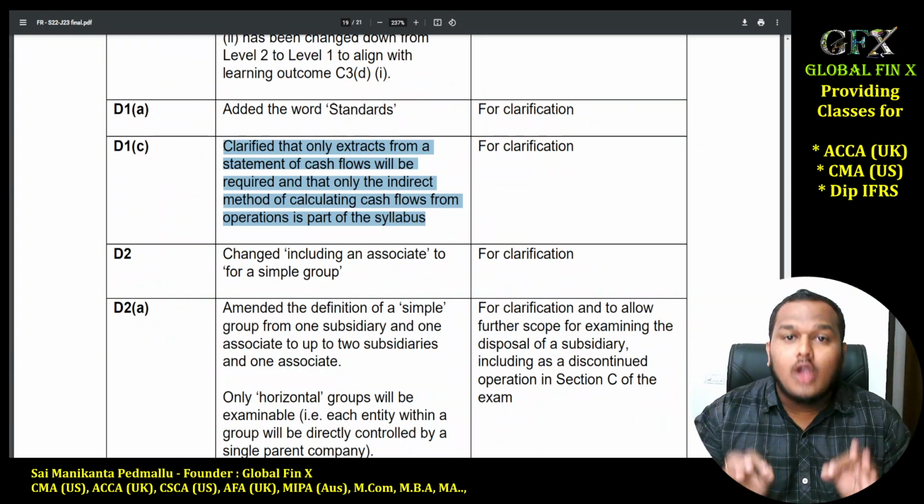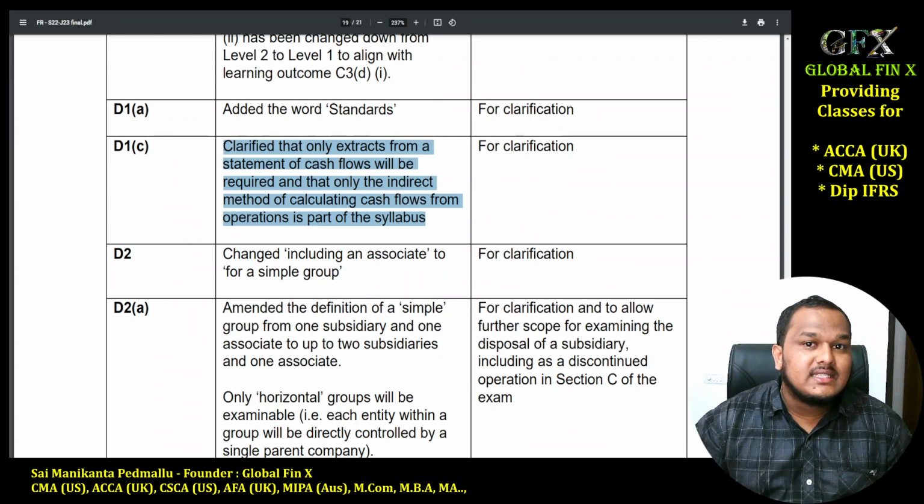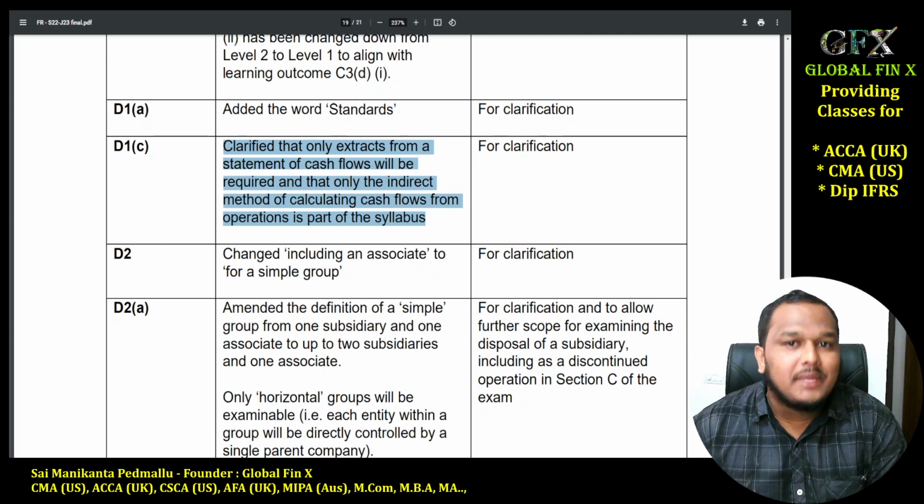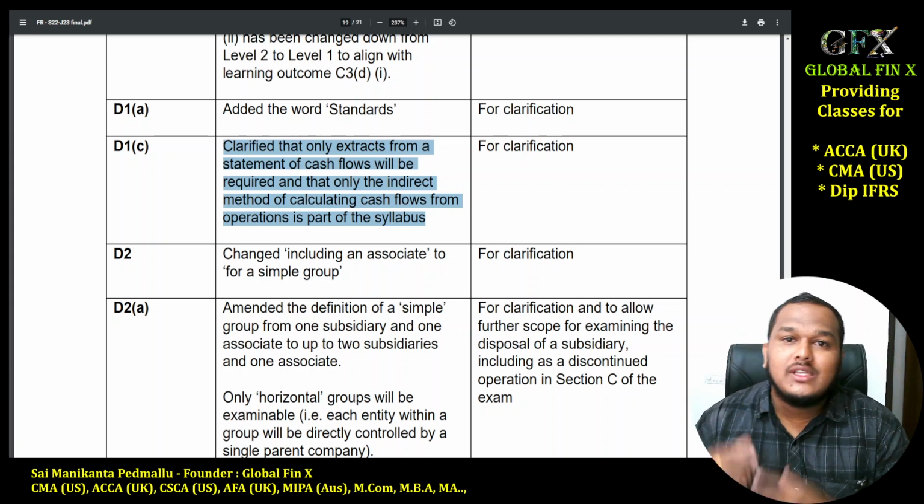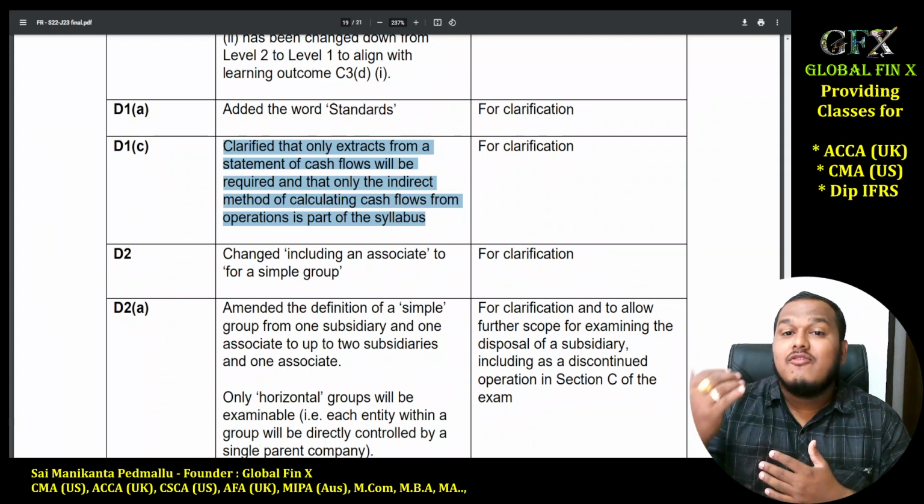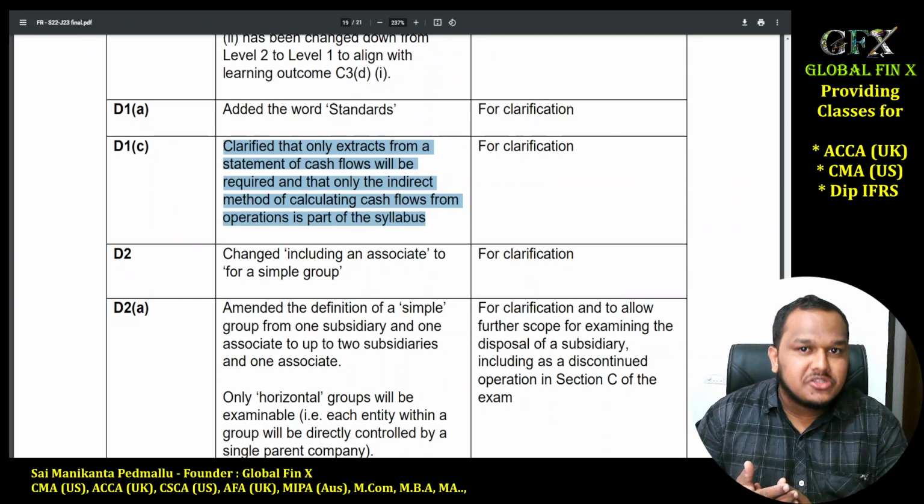That is not tested for your examinations. That will not be tested for exams. Only the indirect method of cash flows will be tested. So in the indirect method of cash flows, we'll start with net profit before taxes. We will add back all the non-cash items and then we will deduct the actual cash transactions that happened if